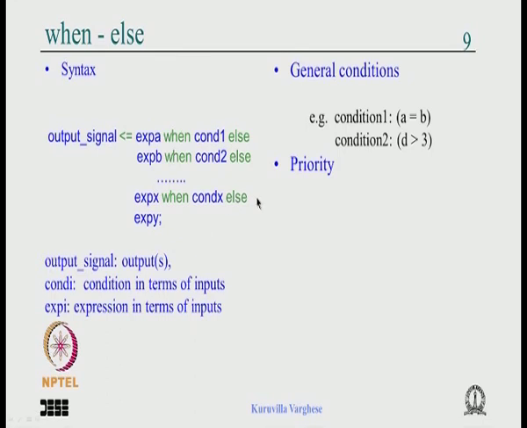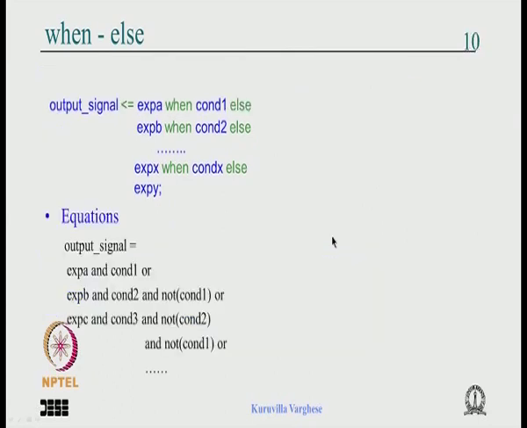At the end there is an else which captures the not of everything previously specified, and the conditions are general in the sense that condition 1 could be A equal to B, then D greater than 3. The expression itself can have some expression of inputs. Obviously it accommodates priority, and as I said from the description one might think it is not a kind of truth table, but it is a truth table in a very abstract sense, and this is how the equation builds up,